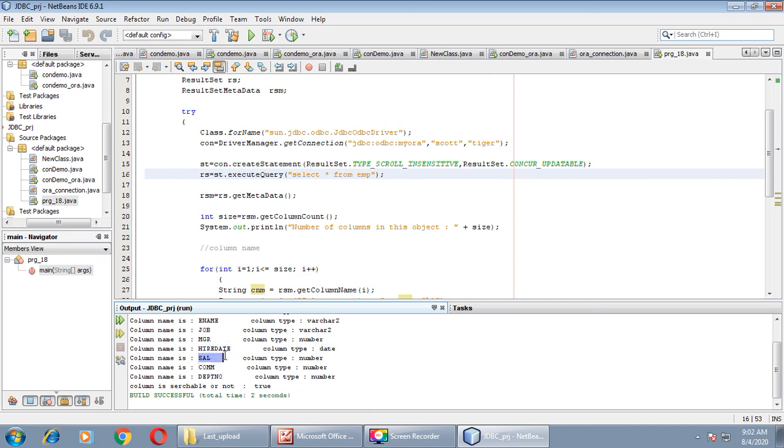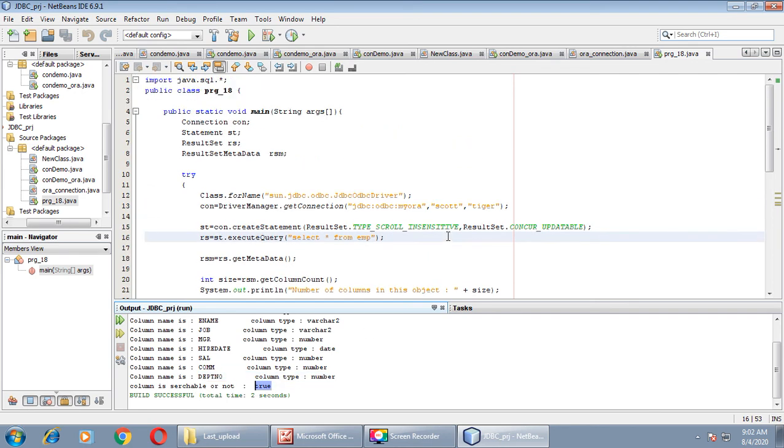Salary column, and the data type is number. Then commission, and the data type of this column is number, and the last column is department number and the column data type is number. Is the second column searchable? We got true as a result. You can change the index number as I told you.